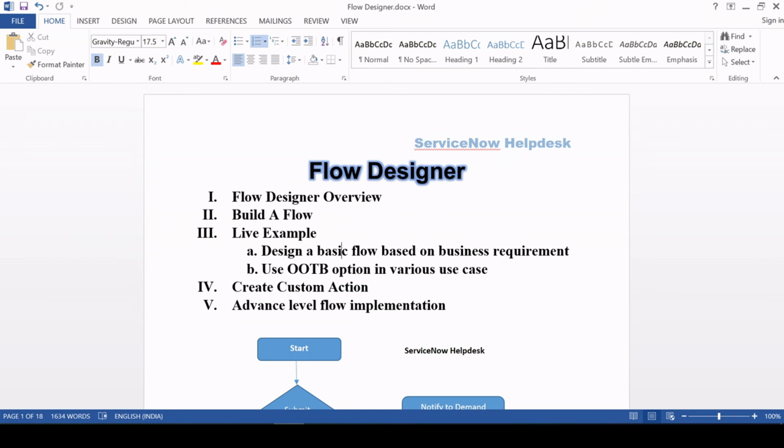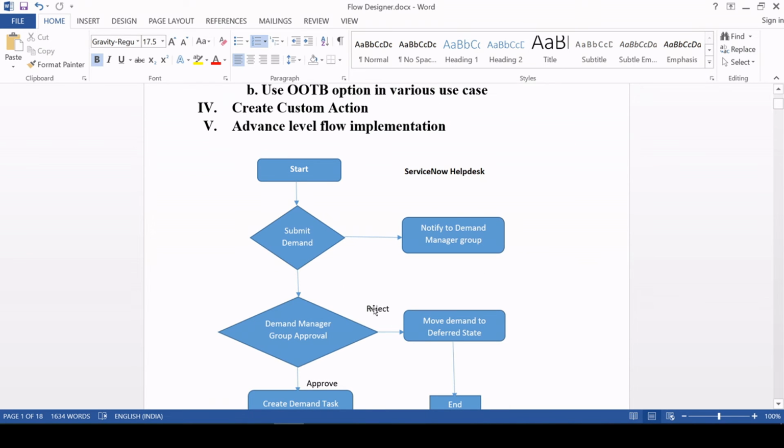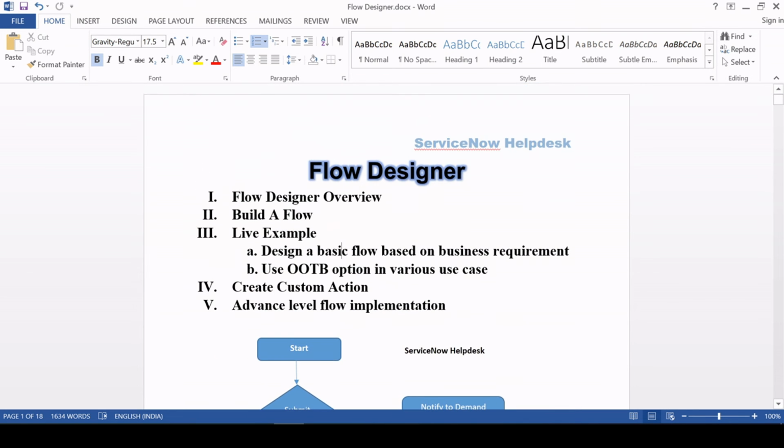So I have taken one business requirement. This is our business requirement guide. I'm going to implement this design flow using Flow Designer. Then we will talk about some out-of-the-box options in various cases. I will take various use cases that are required and we can build, so you can have hands-on practice with those. And then I will capture the custom action, where we can see how to create a custom action,